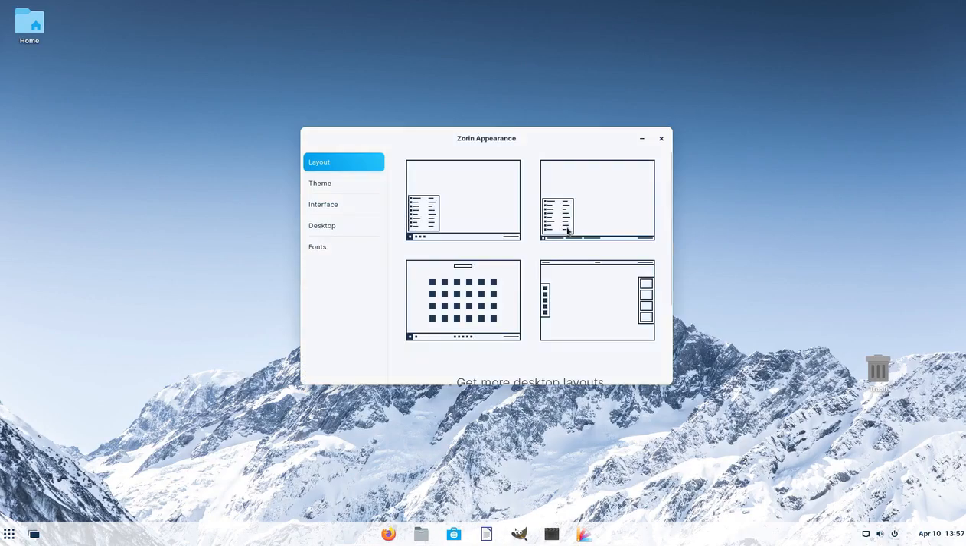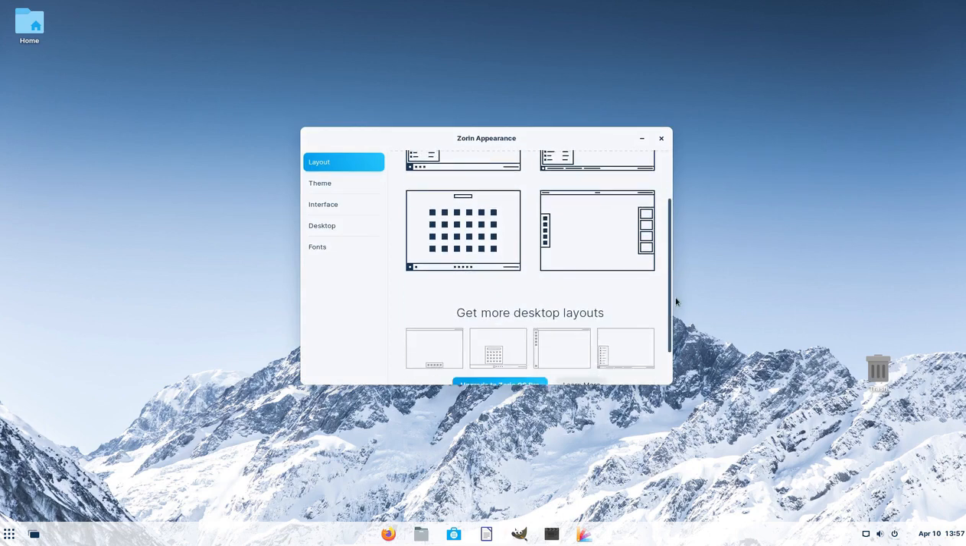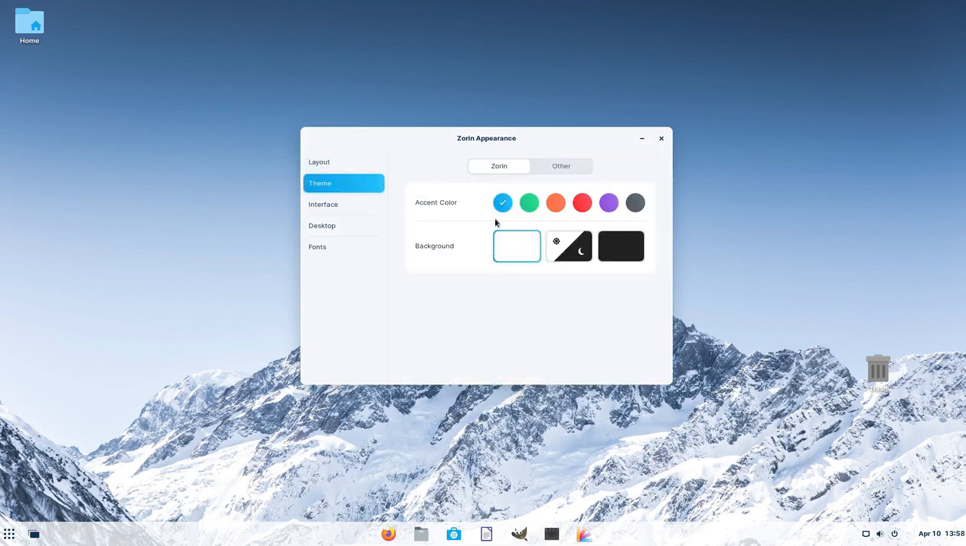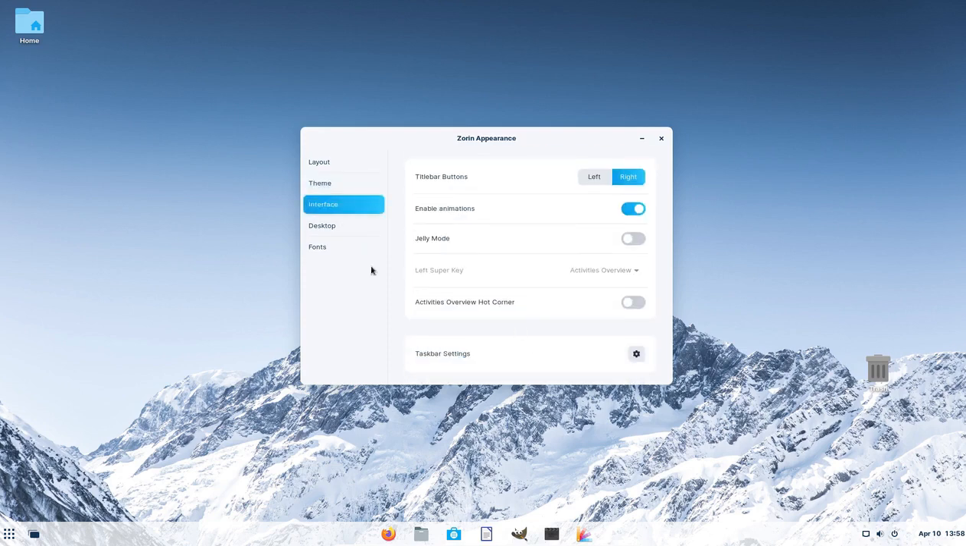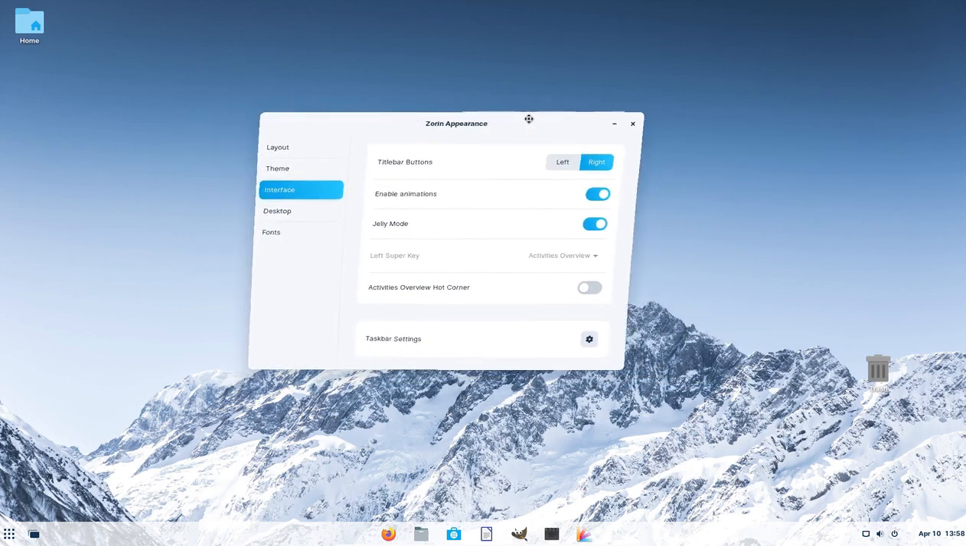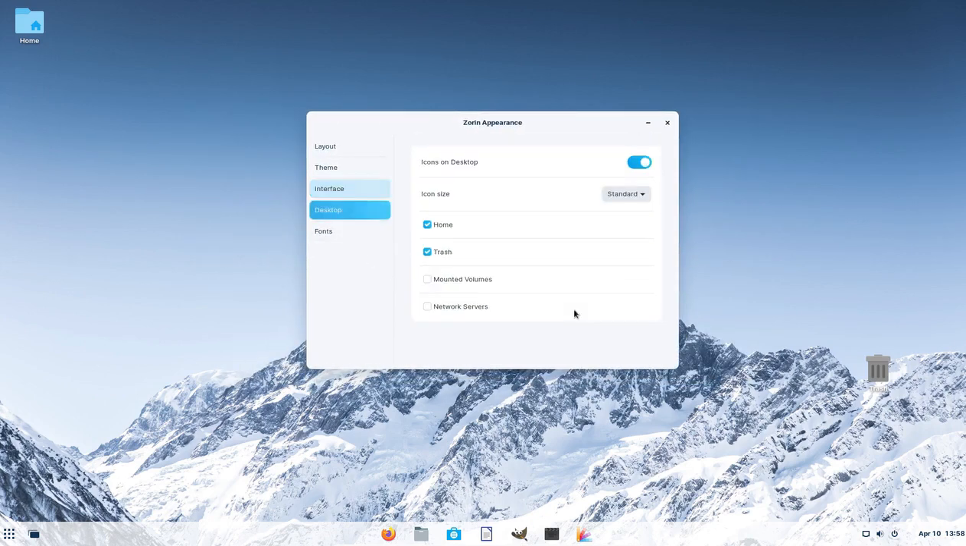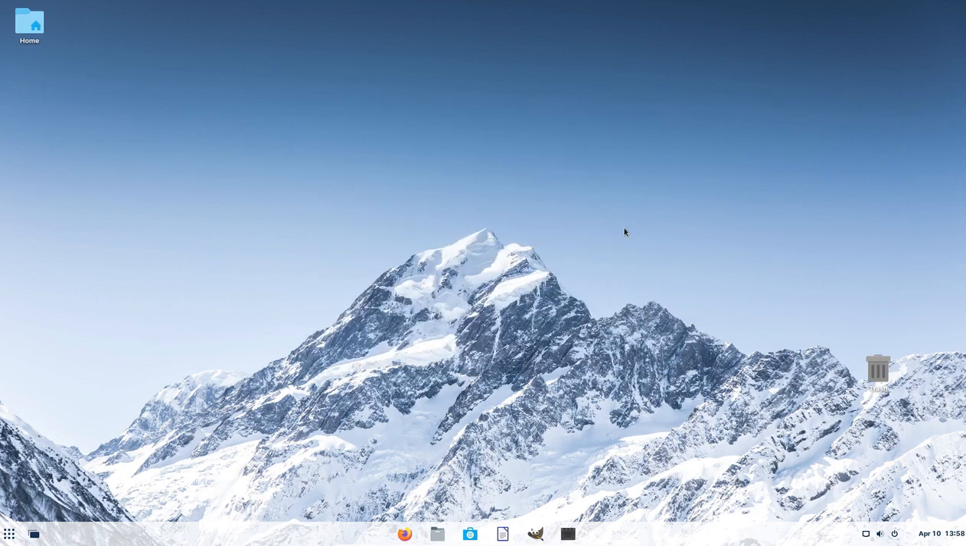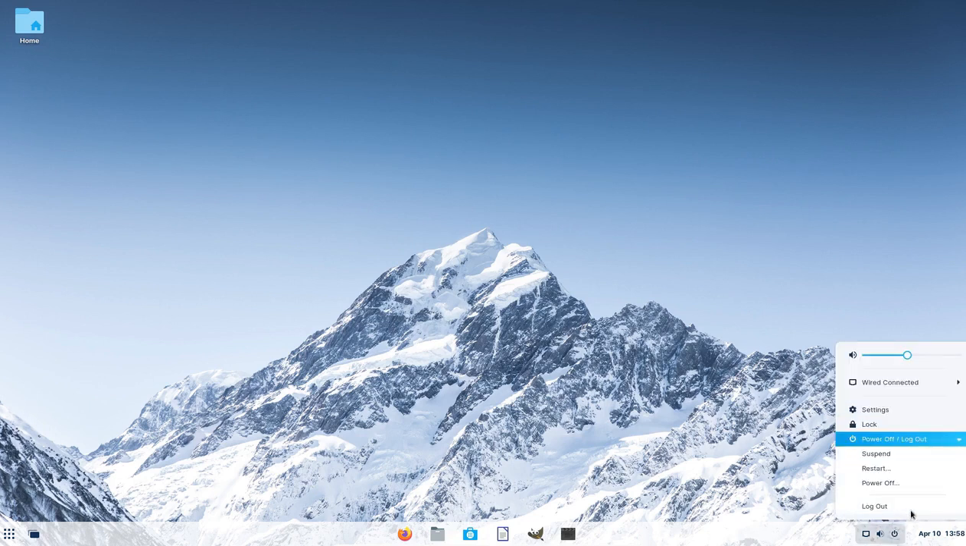Let me open the Zorin Appearance app, where you can not only change the workflow but a theme. They have been offering accent colors for years now, and similar stuff concerning the interface. They have the very popular jelly mode, wobbly windows. You can customize the desktop to have or not have icons on the desktop, and so on and so on. Or if you don't like the GNOME desktop environment at all and the blink it brings in,